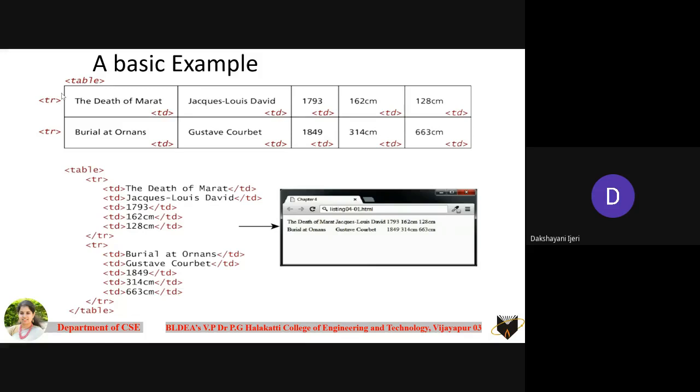Once you have started with the tr element, before closing that tr, make sure that you use all the tds for which you want to include the text for that respective row, right? Once you have entered all the elements of that first row, close that tr and then start with the next tr to start a new row, right? Complete all the contents again using the respective tds and then close the respective tr. Once you end up adding all the rows to the table, then you close the table element. So is everyone clear with at least these elements here: table element, tr element, td element? Is everyone clear with at least these things?